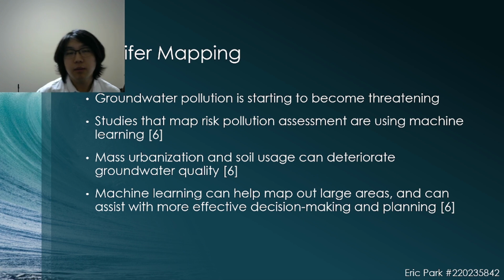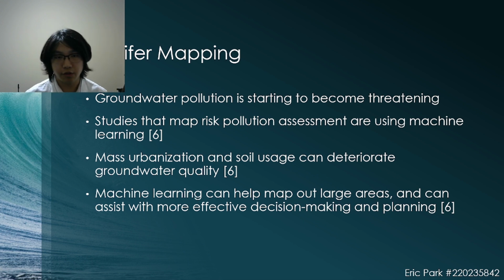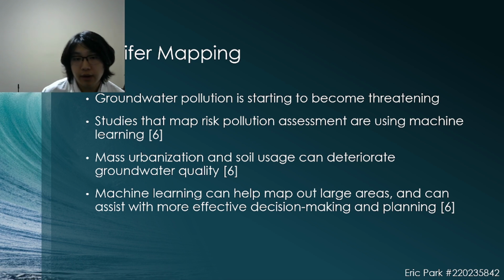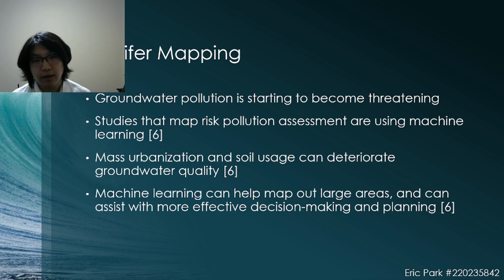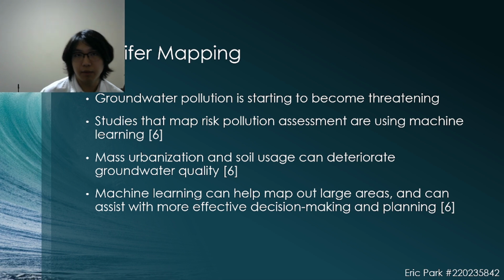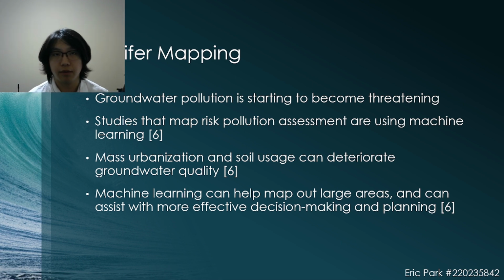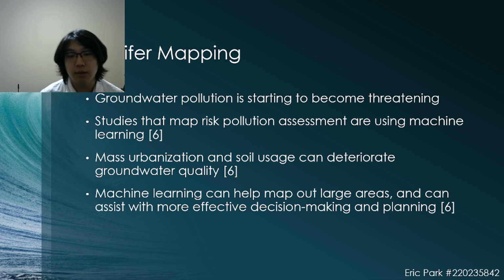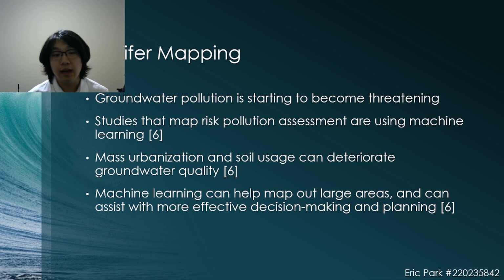Increasingly, groundwater pollution is starting to become a more concerning issue as the scarcity of potable water increases. As urbanization and extensive soil use for agriculture has significantly increased, so has pollution. For years, there have been studies done to mitigate this issue. However, they have been done manually and have been ineffective at properly displaying the scale of aquifer vulnerability. With the assistance of machine learning, however, we can start to scope out larger areas of land and find more effective solutions for a variety of vulnerabilities.